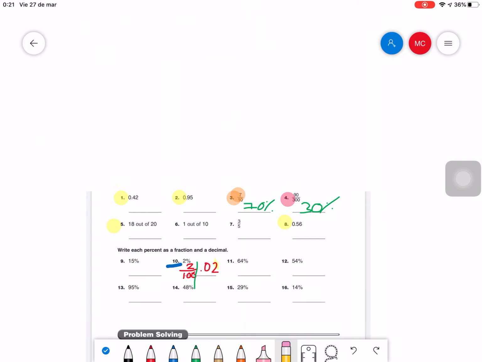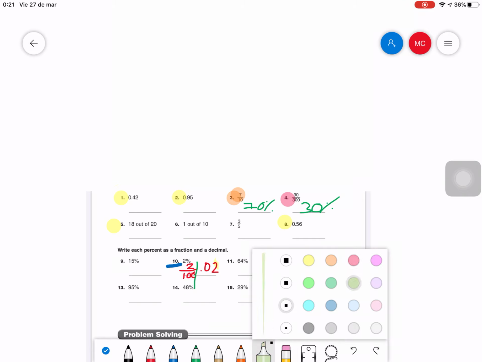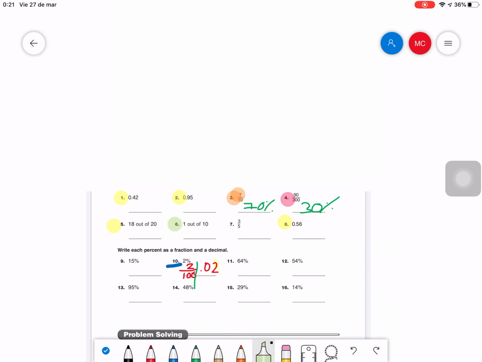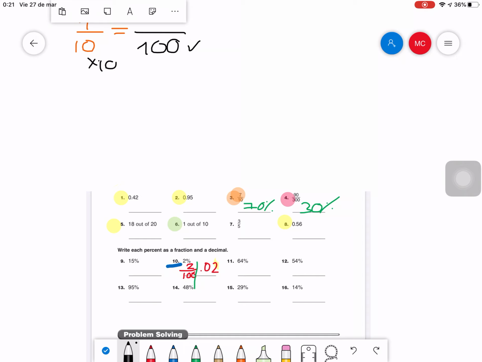And let's continue with number 6, sorry. It says 1 out of 10. If I represent that as a fraction, it will be 1 out of 10. But again, the main goal, whenever we do that, is to convert that fraction into an equivalent fraction that has a 100 as a denominator. So again, 10 times 10 give me 100, and 1 times 10,